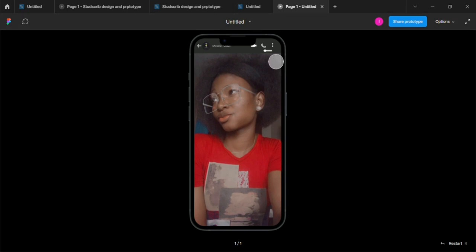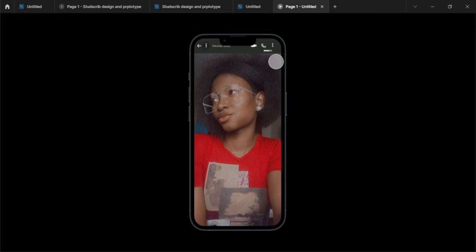So let's preview it from this page now. From the preview now, you can see that it is fully functional, it is fully responsive. One click and it's on, another click and it's off. So what we did from the prototyping is, initially when the prototyping is done, you have to move it from the on to the off and from the off to the on. So that is how